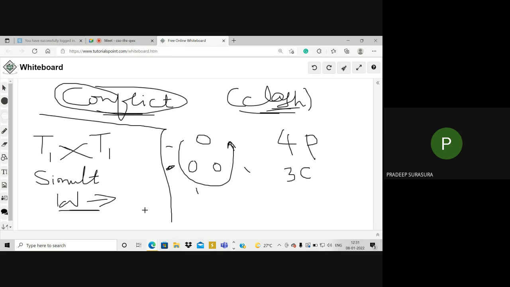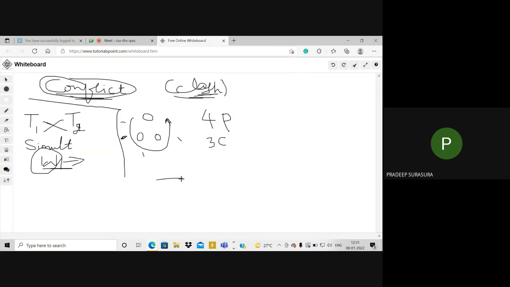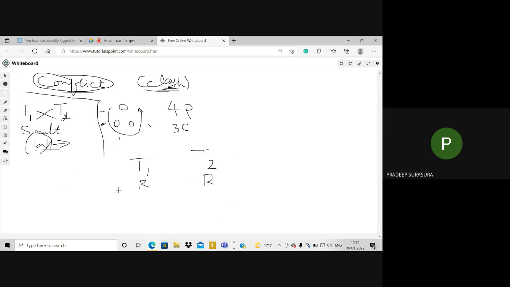So there must be at least two transactions, like T1 and T2. And if in any one of the transactions you have a write operation, then a transaction conflict will occur. Now, what happens if there is a transaction conflict? Imagine T1 and T2 both are using the read operation. Absolutely not a problem. Now imagine both are reading the same object.